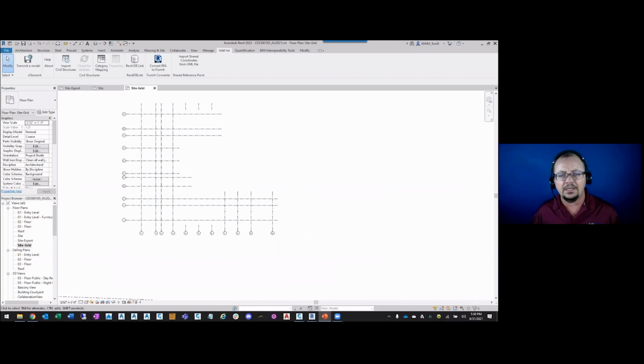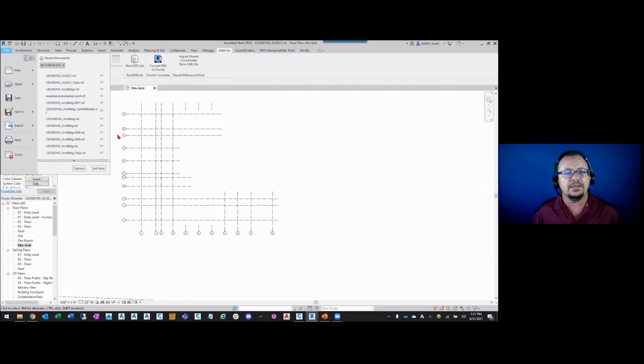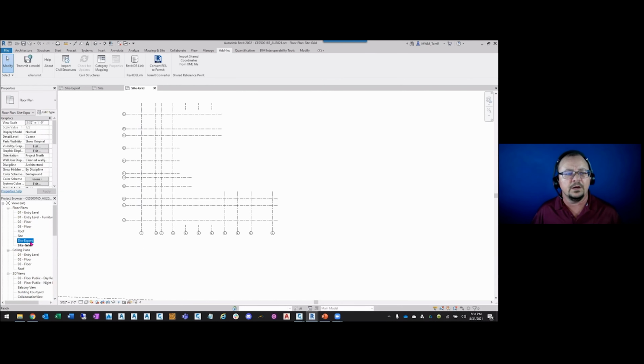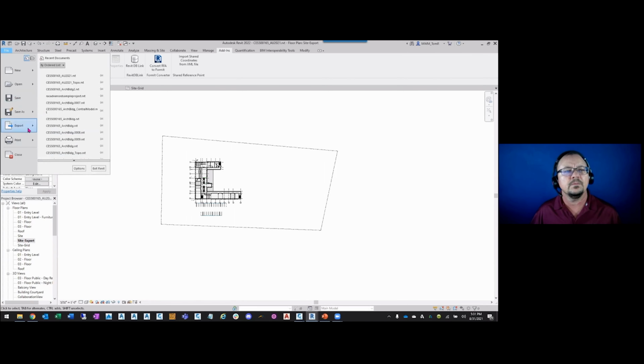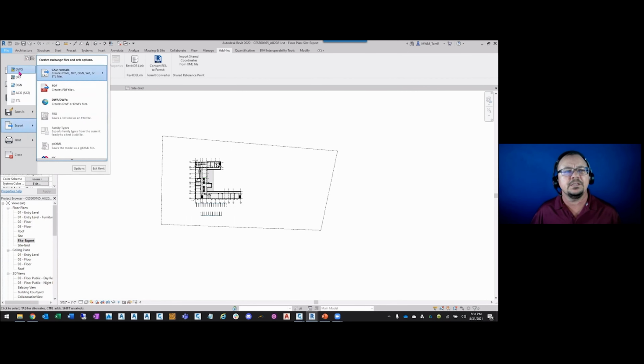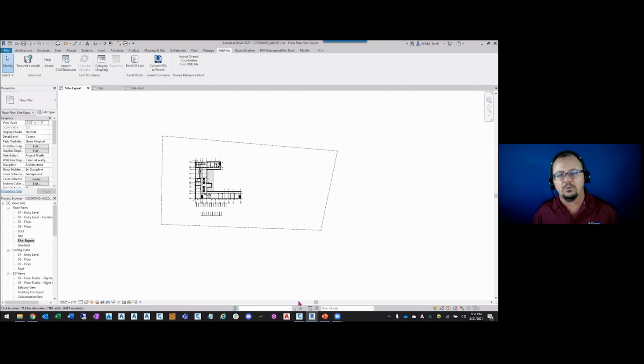All right, let's take a look at that. So we're going to start in Revit, and we're going to export that file. And we're not actually going to cover this in this class, because it's something that we already do. But if we take the site export file, export CAD formats, DWG, that's the process there. We already did that earlier, and we brought that into CAD. So we're not going to have to do that again.